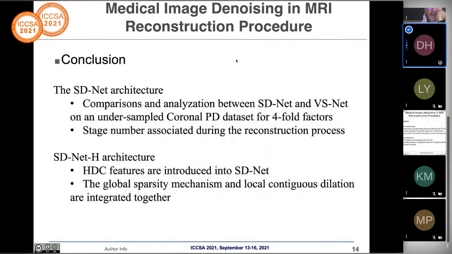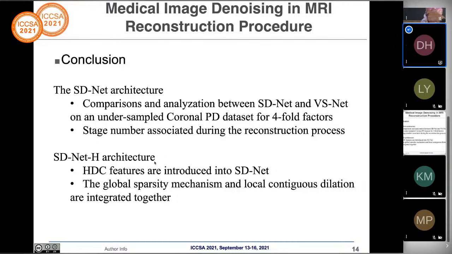Okay, this is the conclusion. We introduced two different architectures, and for SD.NET we do the comparison and evaluation between the two networks using a data set called the PD data set for the fourfold factor, and also the stage number associated to the reconstruction can be learned during the training, and the other is the SD.NET HD architecture introduced to decrease